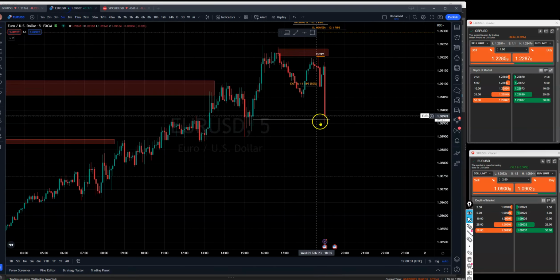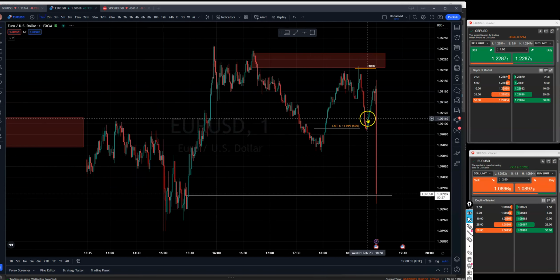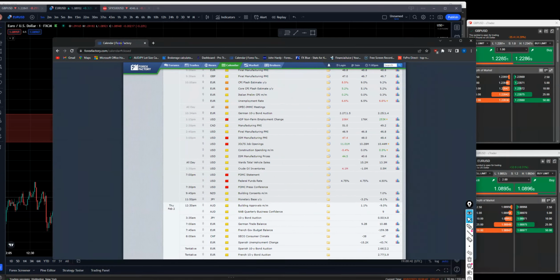Okay, so we took a one-sided release to the downside. This was the intended profit level for the euro trade. So it is as expected. Just to show you this, so you can see